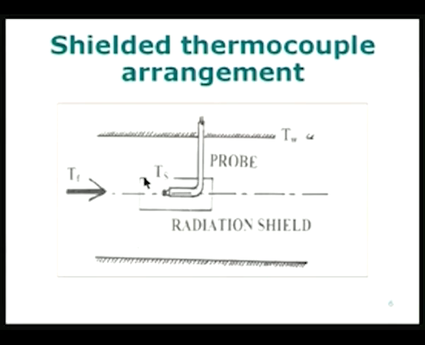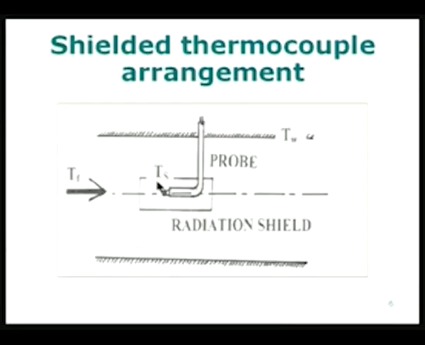Sometimes the shield is also made in the form of a nozzle, a converging diverging nozzle, so that the fluid which is entering and going past the probe is made to go at a velocity much higher than the velocity prevailing in the duct itself. Okay. So, if you remember the basic heat transfer ideas, if the fluid velocity increases, the efficiency of the heat transfer between the fluid and the surface also increases, and therefore, if I increase the velocity